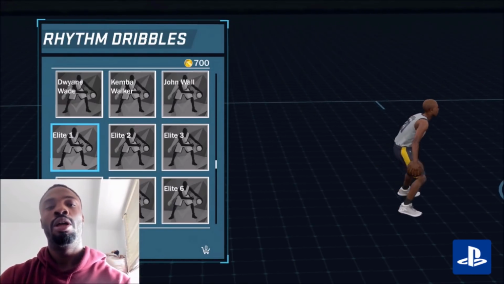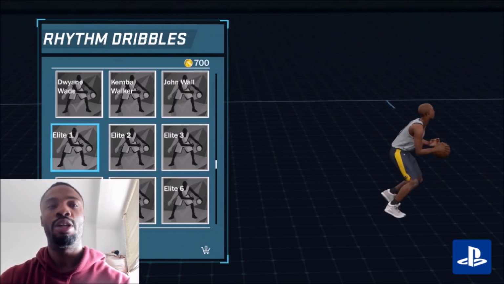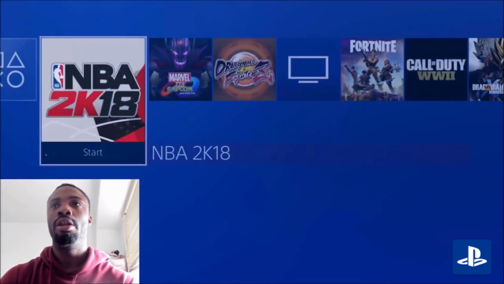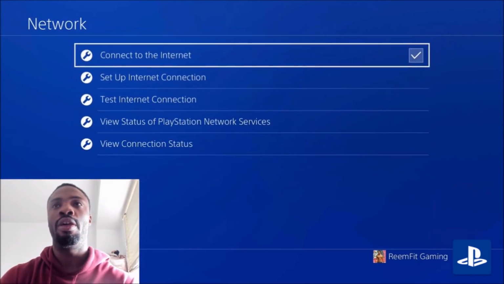Once you have the animation that you want to have transferred over, you hit X, add it to your cart, hit triangle. As you guys can see, it's in my cart. Now you hit the middle button, and then you go to settings, network, and then connect. You see that connect to internet box? You would check it,